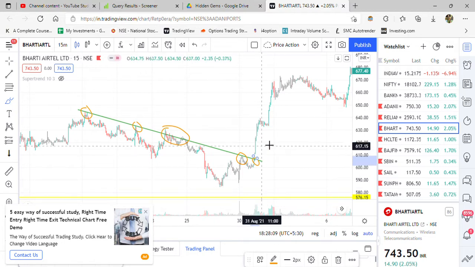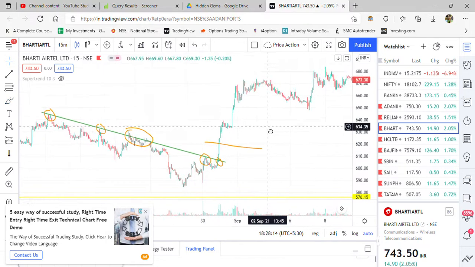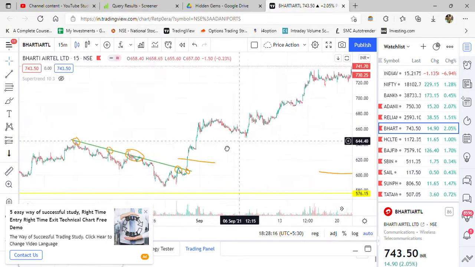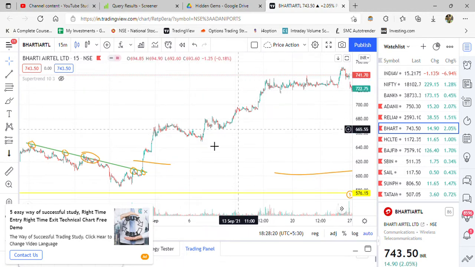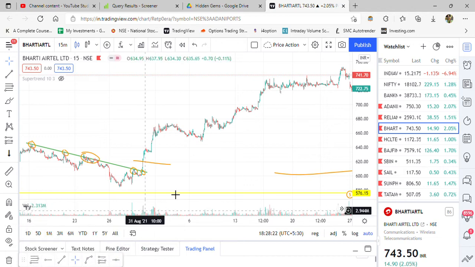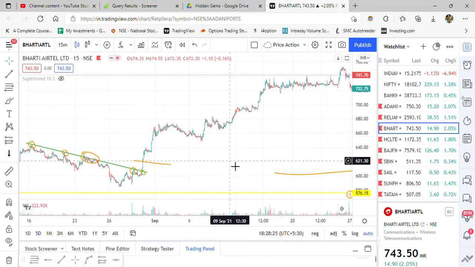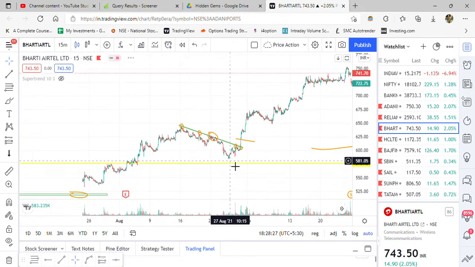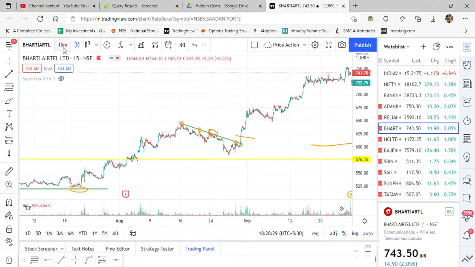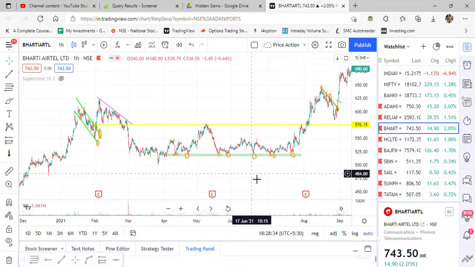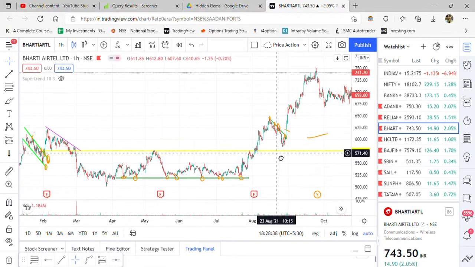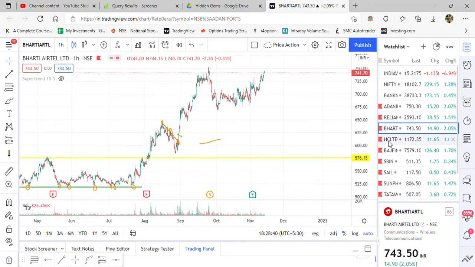And after this breakout there was a massive rally, as you can see, the stock price constantly moved up to this level. So trend line breakouts are very massive based on the timeline you are seeing it. If you have a timeline, say hourly time frame or maybe daily time frame, then breakouts will be larger, but they will be longer also.